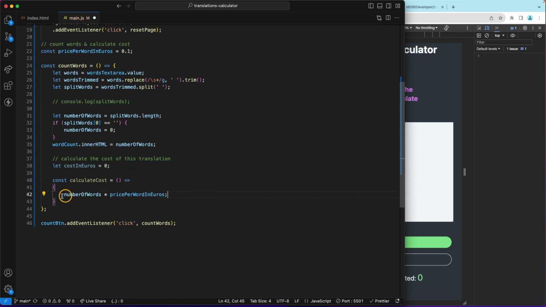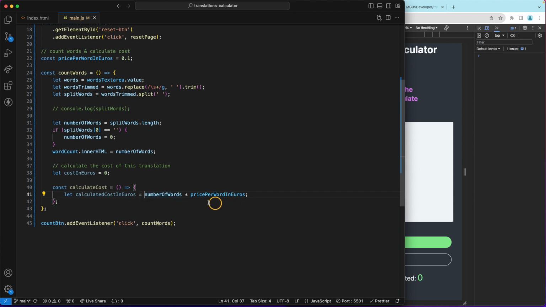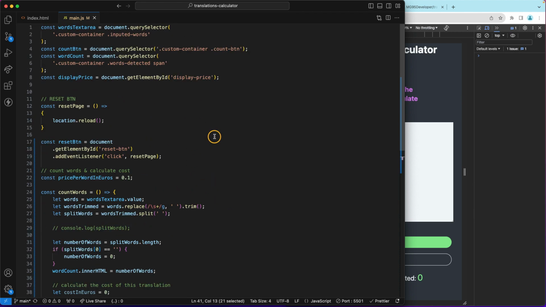I need to save this inside a variable, which I'm going to call calculated cost in euros. So now the number of words that I got from here multiplied by the individual price per word is going to give me the calculated cost in euros, which means I can grab my cost in euros,